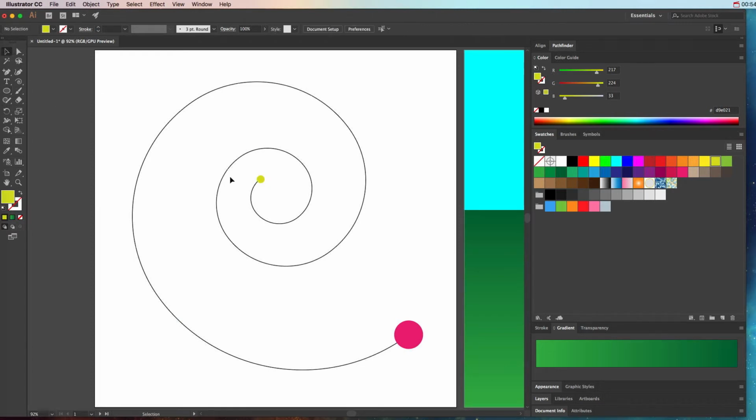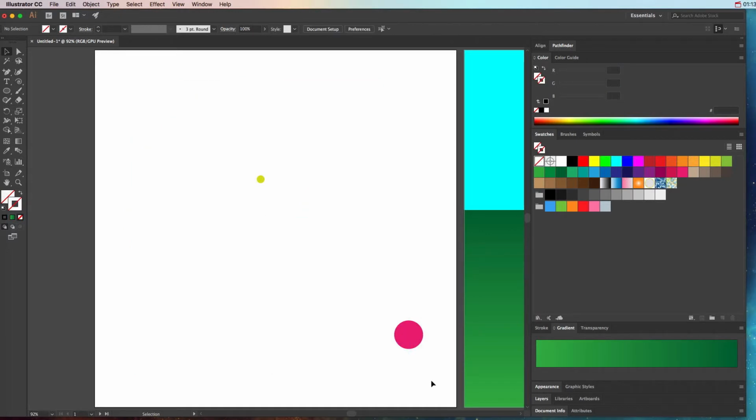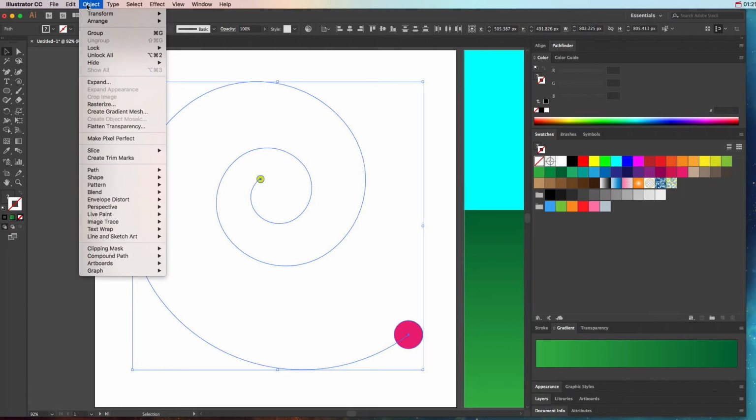So what we want to happen is we want to make all different sizes of circles that follow this path, and eventually they gradually get down to this size, and they also continuously change color until they go from pink to green. So we need to take the path color off. So go ahead and remove that stroke color. Highlight all of the 3 objects, the path and the starting and ending object. And then we can go to Object,